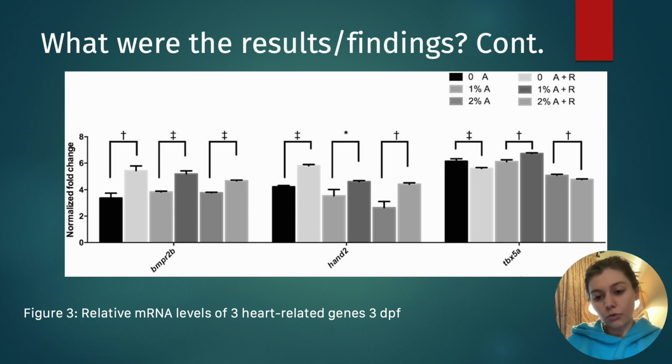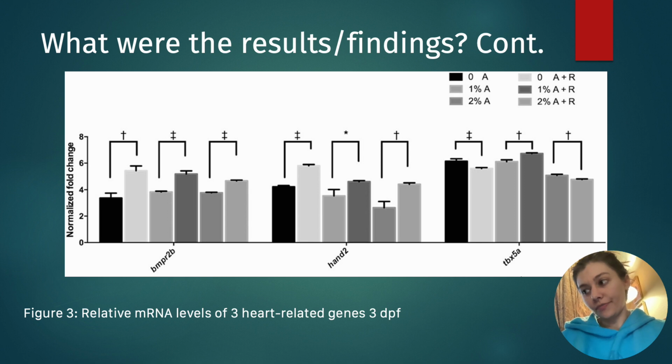So why is this important? These three genes are critical transcription factors for vertebrate heart development. So the resveratrol, for the most part, upregulated all of these genes, which is good, except that last one, the resveratrol 2%. And that simply has to do with the fact that that gene did not respond to the resveratrol at a higher alcohol concentration, which could be due to a number of reasons. Just the damage was too far gone to make any changes and adjustments to that.